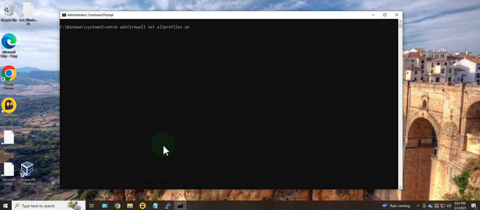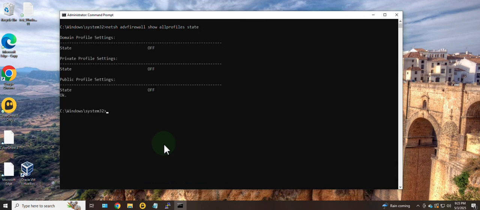Let's check the state. Let's repeat this command here. So netsh advfirewall set allprofiles state on. Now if I check the state,